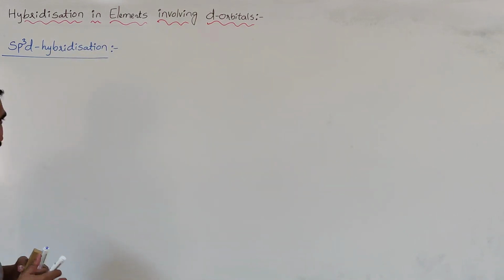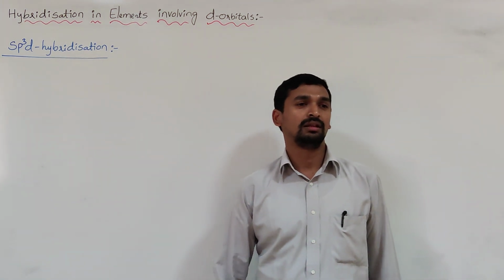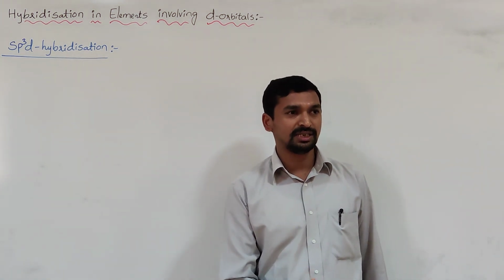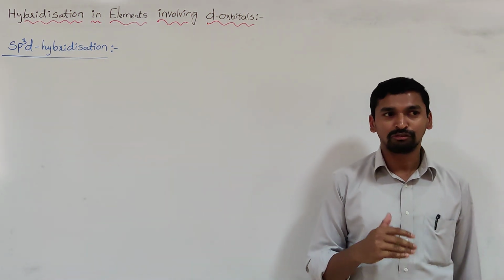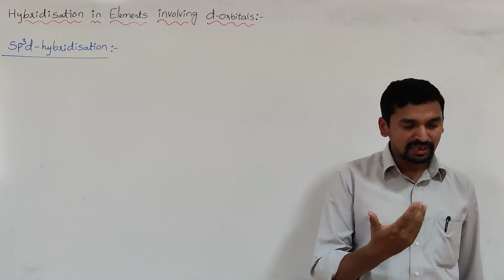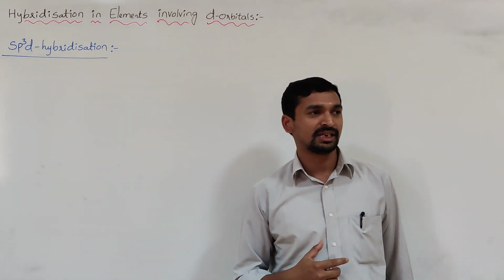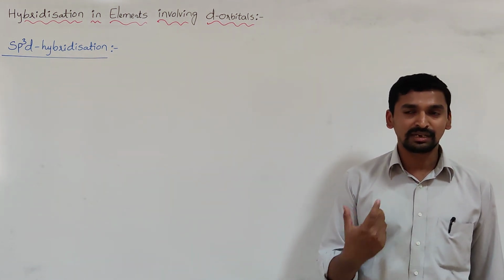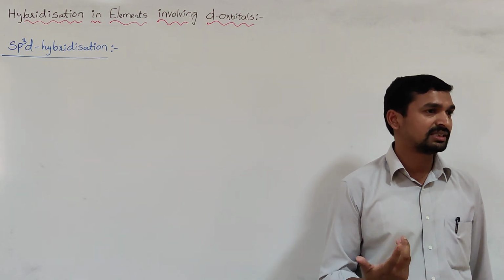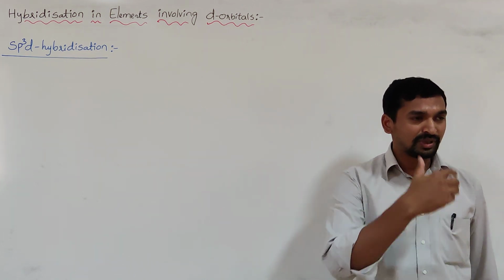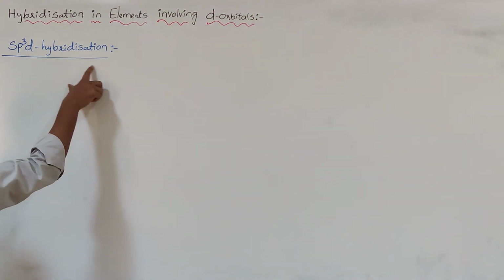You know very well that in the examples discussed so far, the maximum valency around the central atom is 2 or 3 or 4. Whenever d orbitals are involved in the hybridization in addition to the s and p orbitals, the covalency of the central atom might be extended to 5 or 6 or 7.